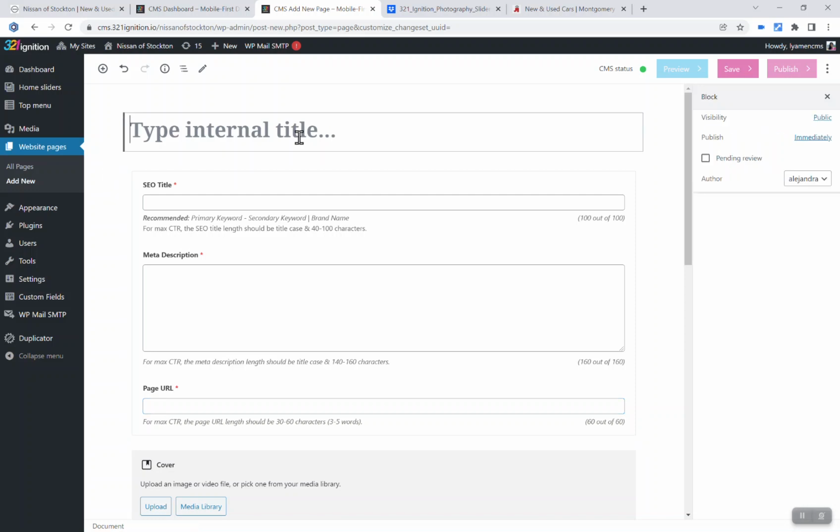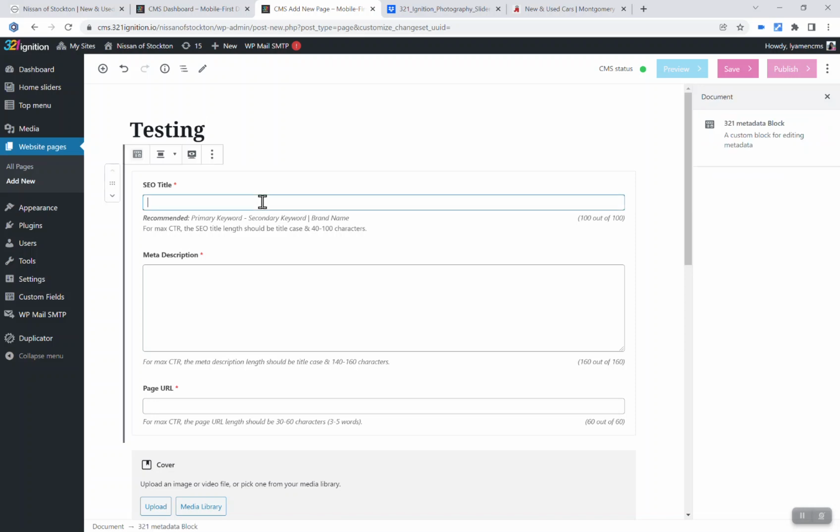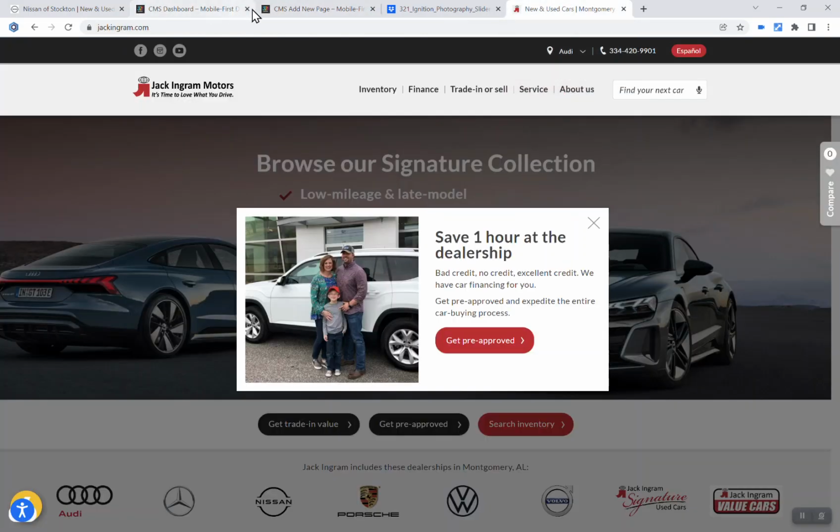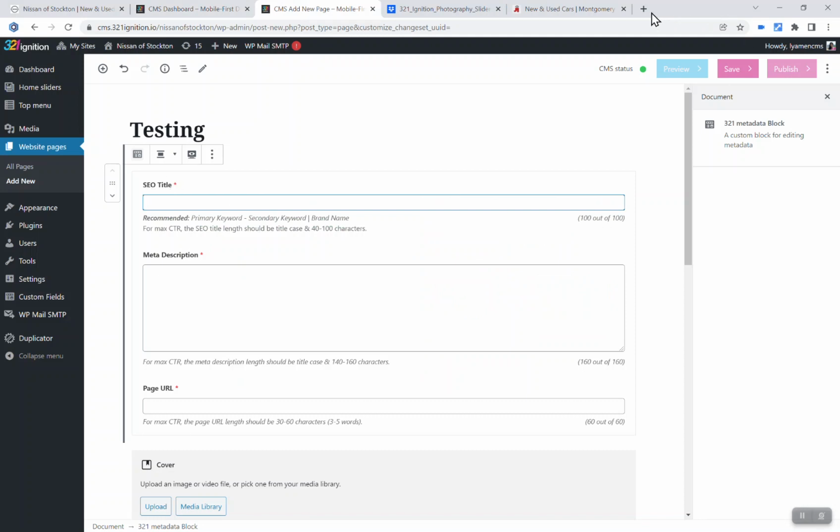So let's say, for example, I'm going to name this page testing. And the SEO title could be whatever you want. Of course, there are a lot of SEO best practices, and we do have recommendations right here. Normally for your SEO title, you want to have a primary keyword, separated by secondary keywords, and then the dealership name. By the way, in case anybody is wondering what the SEO title tag is: